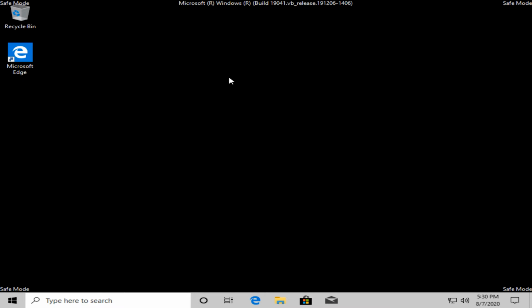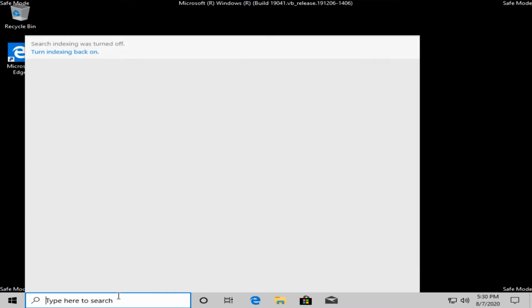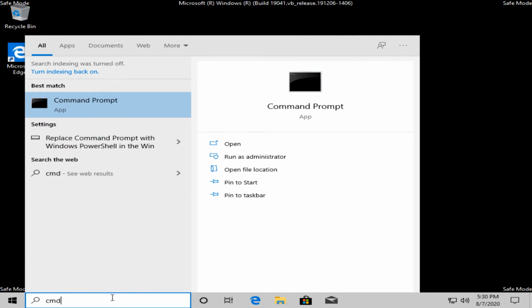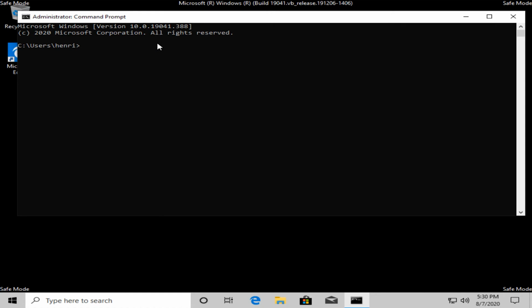And then once safe mode started, you now need to download the updated version of the driver that gives you the trouble. You can download the driver from the manufacturer's website, and you can save it to your USB flash drive. Let's now go on the bottom and type in CMD. Right click on it and press run as administrator. Then in here, again type the following command that I'm going to list in the description down below.